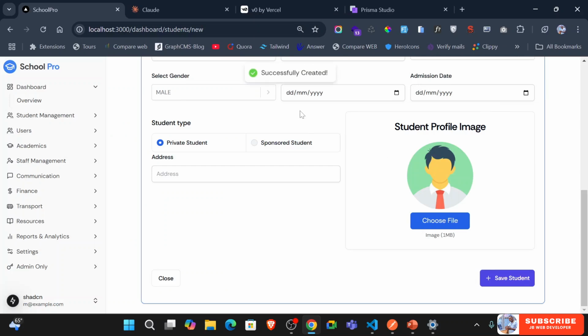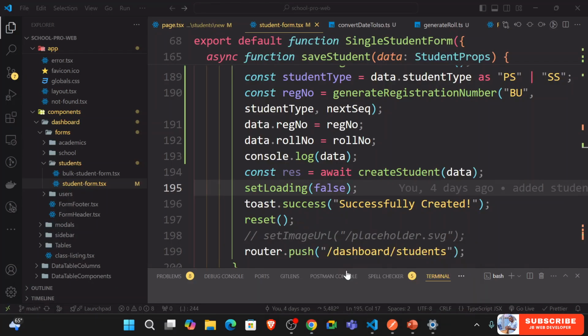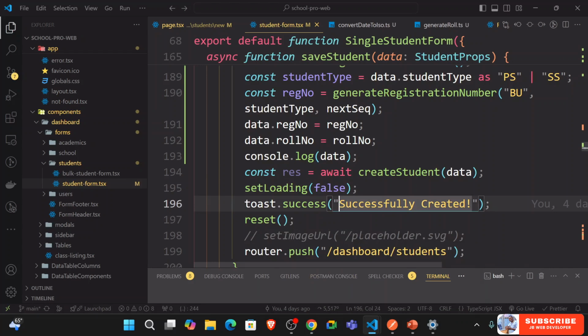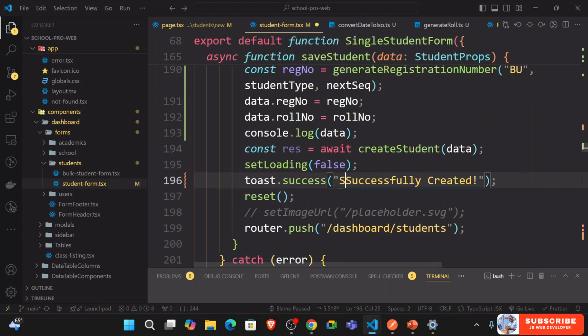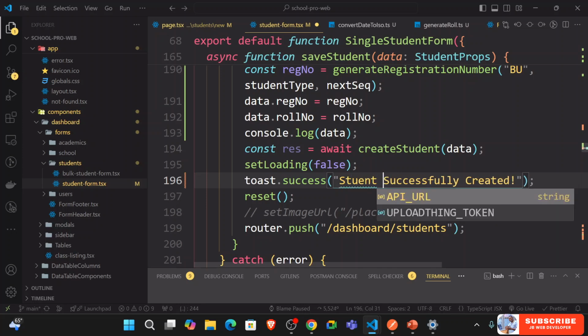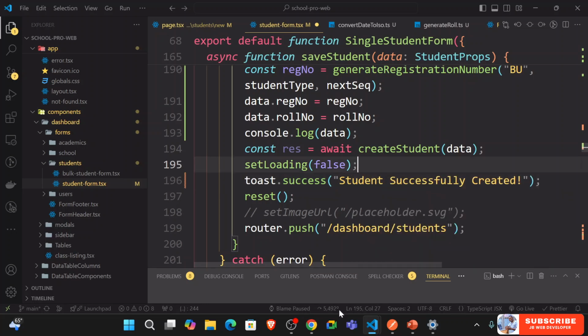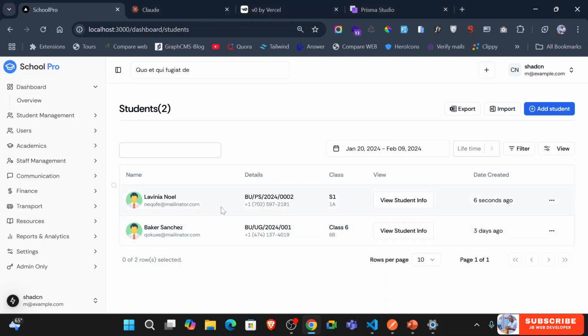Something is happening, and success. We can say student registered successfully here. Student successfully created. Okay, just see this. So you can see BUPS 2024-002. This is good. So this was auto-generated. If we go ahead and create the third one,